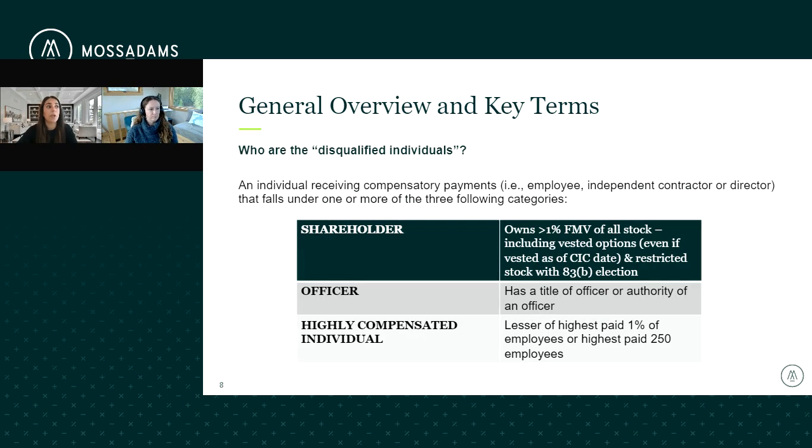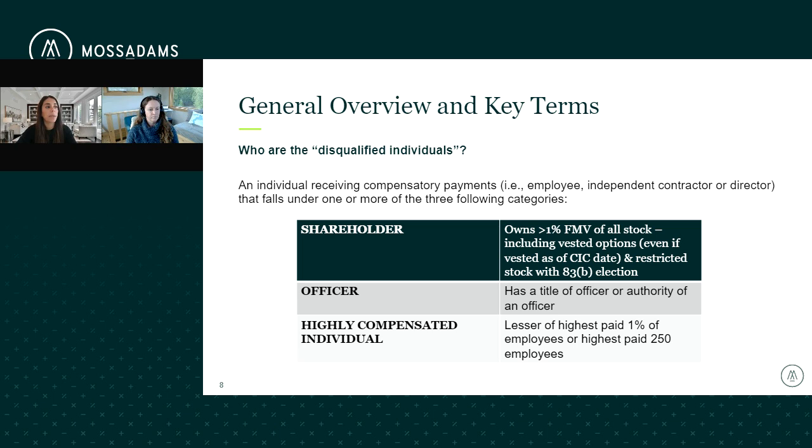So next you'll want to determine who are the disqualified individuals. The determination period for determining who is a disqualified individual is 12 months prior to and ending on the date of the change of control. And generally, this includes individuals receiving compensatory payments, such as employees, independent contractors, or directors that fall under one or more of the following categories. Shareholders that own greater than 1% of the fair market value of all the stock, including vested options. And these are vested options that vest as of the control date as well, and restricted stock with Section 83(b)